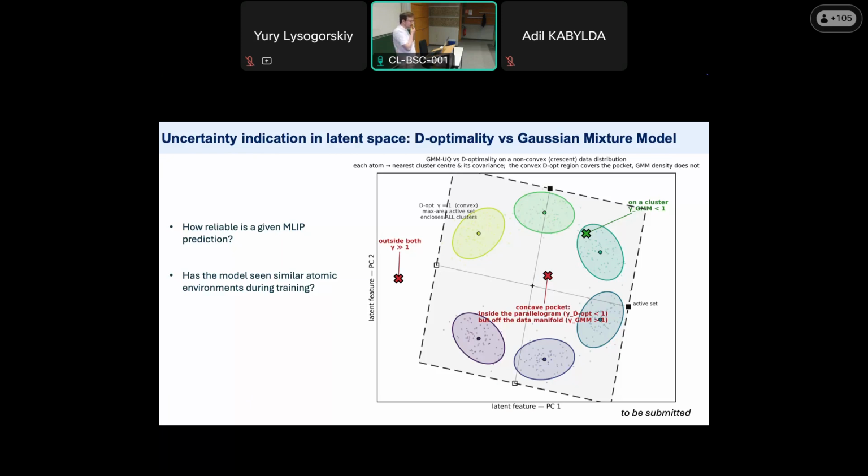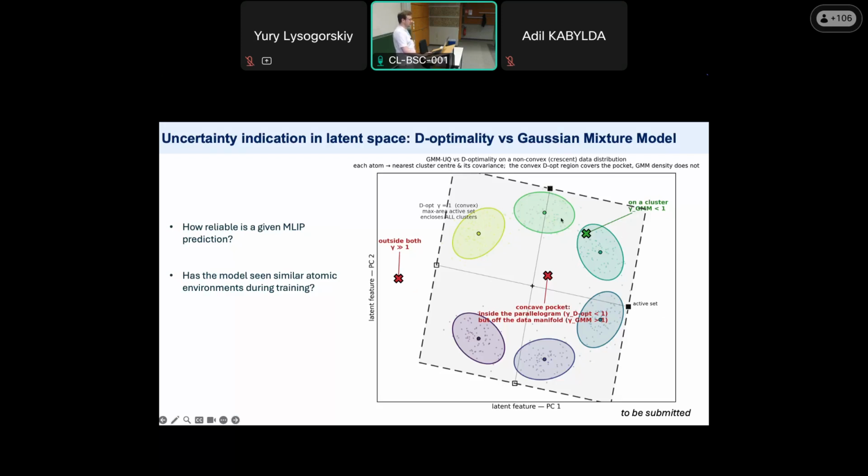The first generation of UQ, uncertainty quantification, was based on the so-called D-optimality, which was used for the first time, for example, in the moment tensor potential, MTP, by Alex Shapeev. The deficiency of this approach is that D-optimality works mathematically perfectly fine when you have linear models, but what does it do? It just makes some rectangle in the feature space with a maximum point sitting on the border of this rectangle.